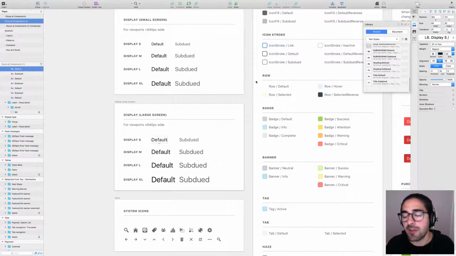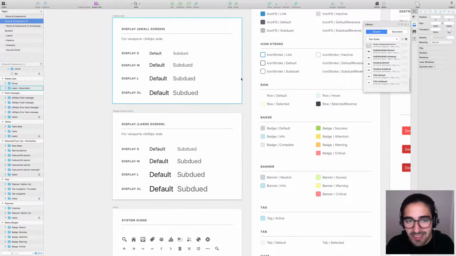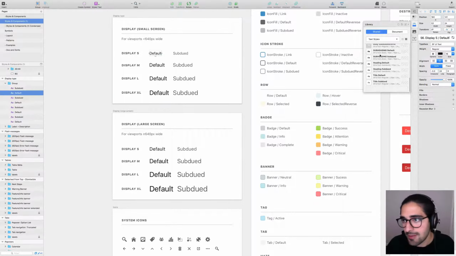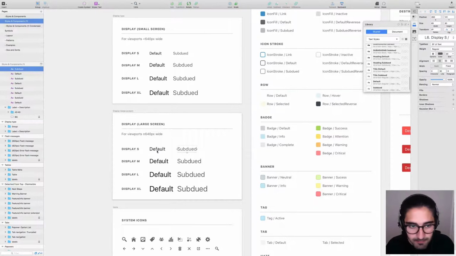This is one of those things where I'm sure the intention behind it was to prevent designers from creating duplicate styles, but there is a very good use case for having multiple text styles having the same exact attributes. So this is